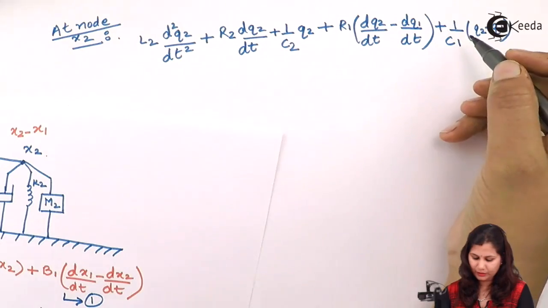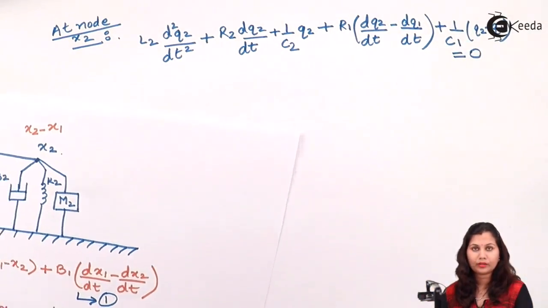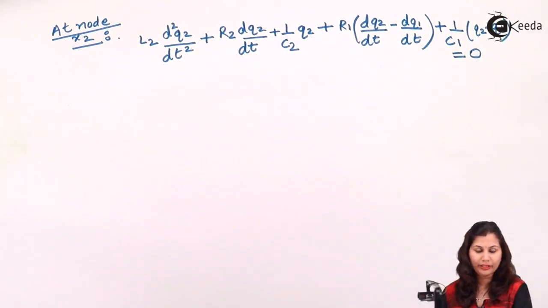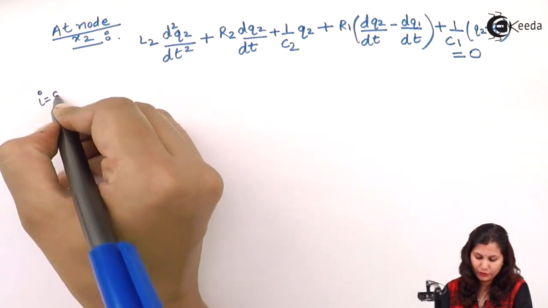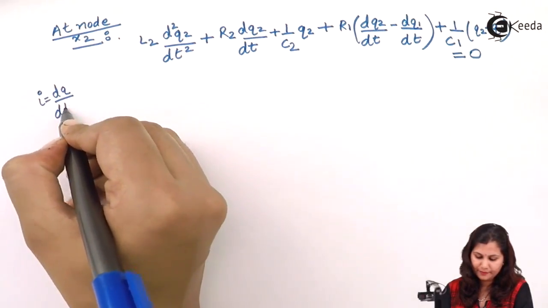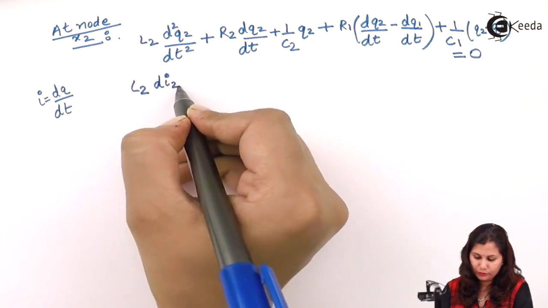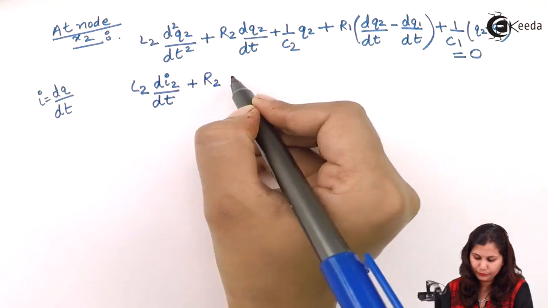Okay, and this is equal to 0. Now we have converted this equation in the force voltage analogy, and then again we will write I equals dq by dt. So here we will have L2 di2 by dt plus R2